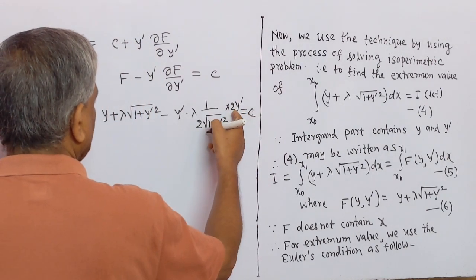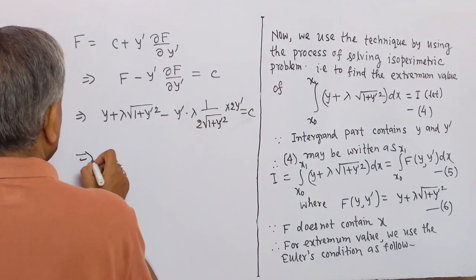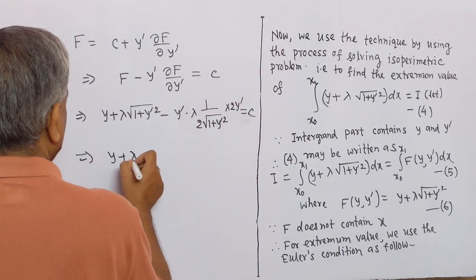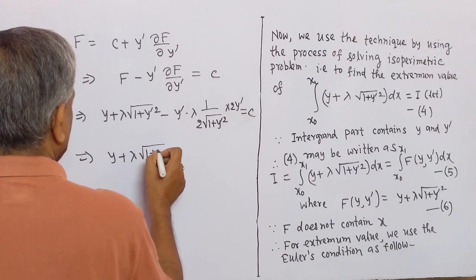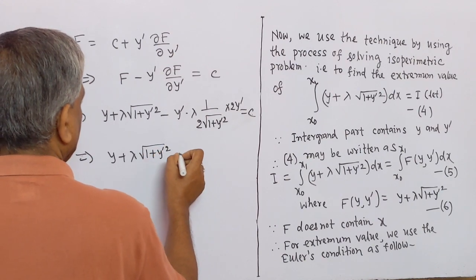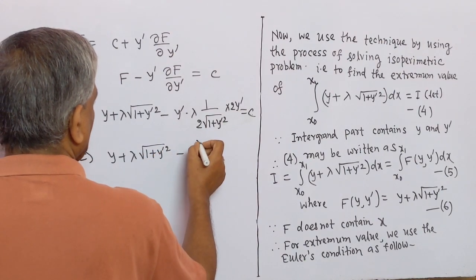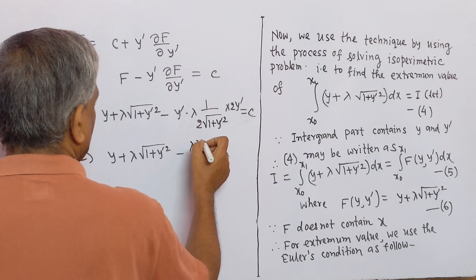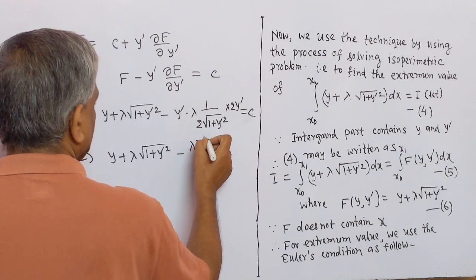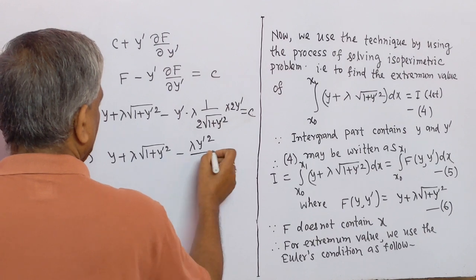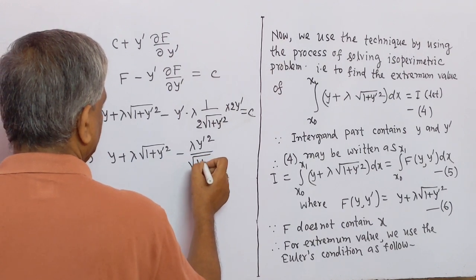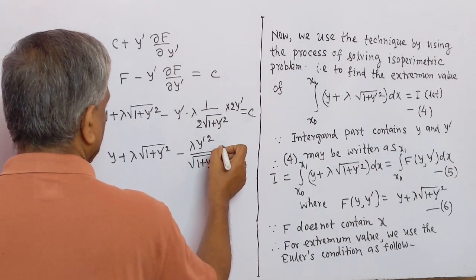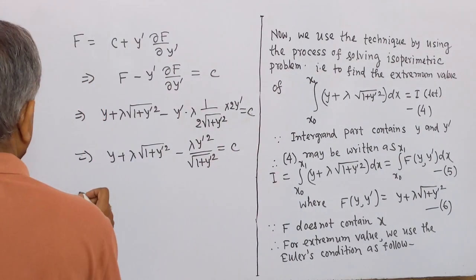Here 2 cancels, so remains y plus lambda square root 1 plus y prime square minus lambda y prime square by square root 1 plus y prime square. This equal to c implies that